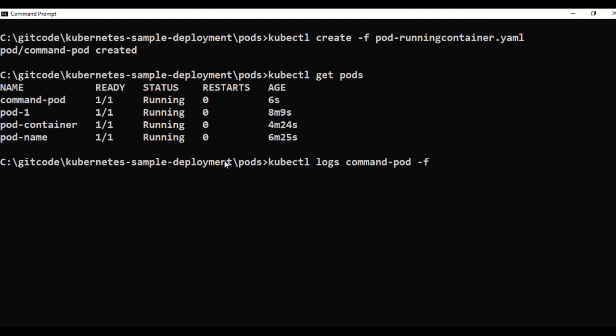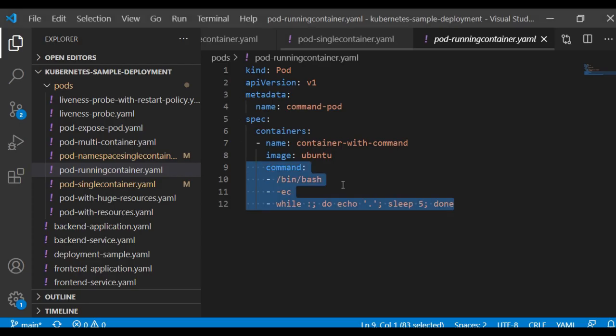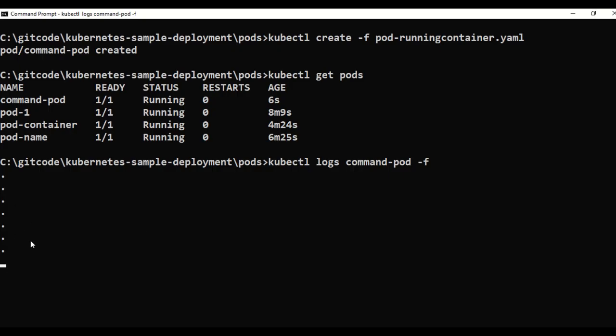And you can use the -f flag so that you can see the real-time logs. Here you can see that dots keep updating because I have used a command that echoes a dot every 5 seconds. So this is how you can check the logs, and you can use the -f flag for the real-time logs.